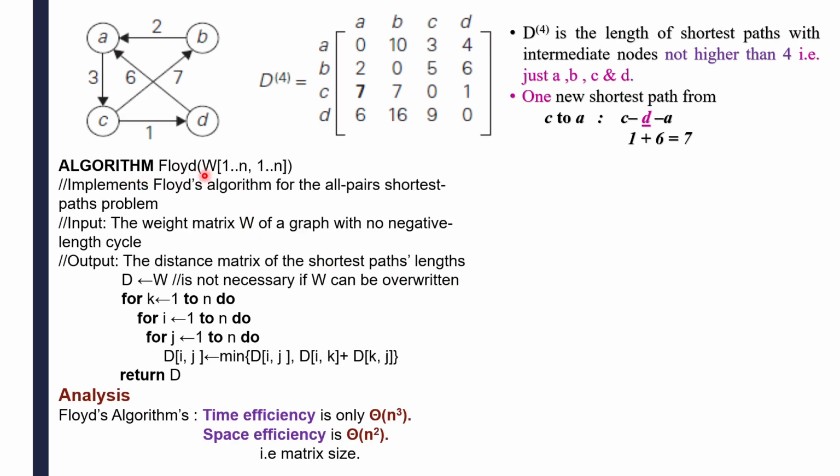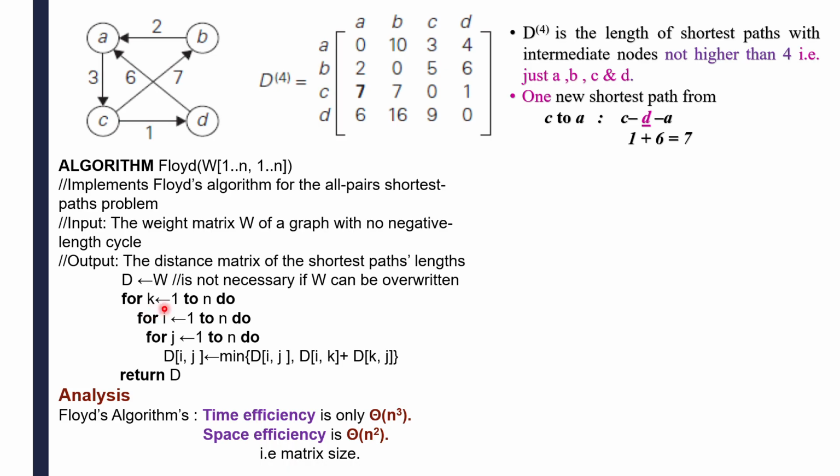This is your algorithm, the name is Floyd's. What is the input here? A weighted connected graph, that's why I took it as W, and this is in matrix form, that's why there are rows and columns here. First, you take D0. D0 is what? Your weighted matrix. Next, the 2, 3 for loops you take. As I told earlier, it is the same as Warshall's algorithm. There you represent a path as 1 if it exists, otherwise 0. If a path exists, what is the distance? And if multiple paths exist, then you have to select the shortest path. That is the only change in Floyd's algorithm.